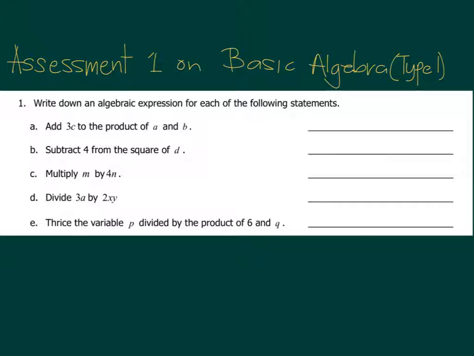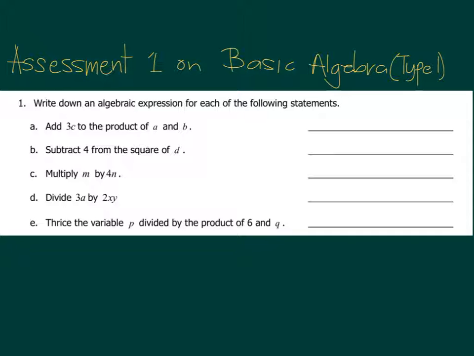The first question in the test is that you are asked to write down an algebraic expression for each of the following statements. So the first one is you need to write: add 3c to the product of a and b. In writing algebraic expressions coming from statements, you have to read the whole thing and then think of what the statement is saying. Okay, so it says add 3c to the product of a and b. So that means